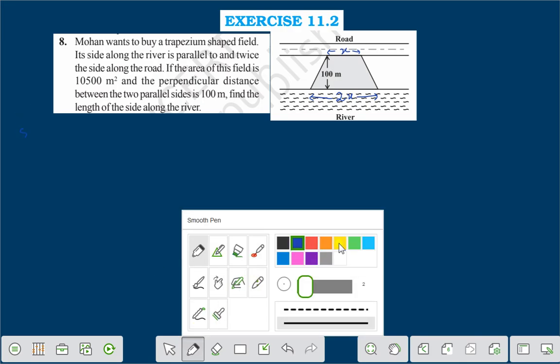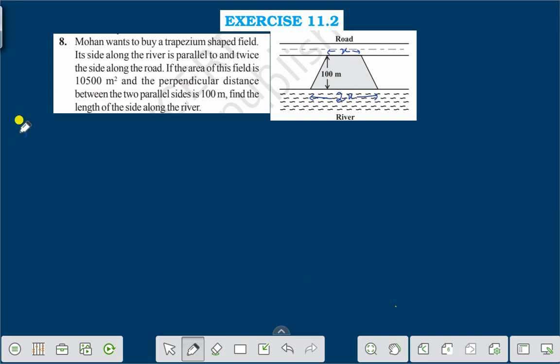Along the river. Let us find. Let the length along the river be x. Therefore the length along